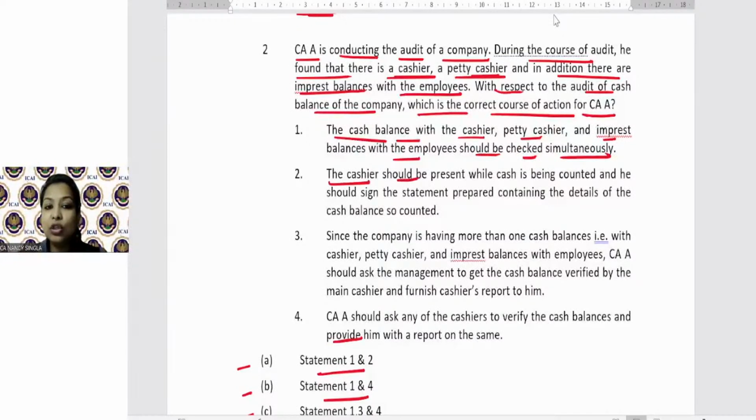The cashier should be present while cash has been counted, and he should be made to sign the statement prepared containing the details of the cash balance so counted. Third statement. Since the company is having more than one cash balance, that is with the cashier, petty cashier, imprest balance with employees,